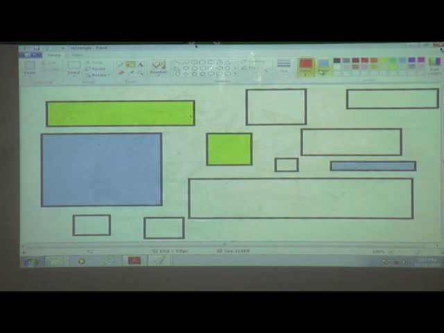Which color am I using now? I am choosing the color. Which button do I press now? Right button. Left button.